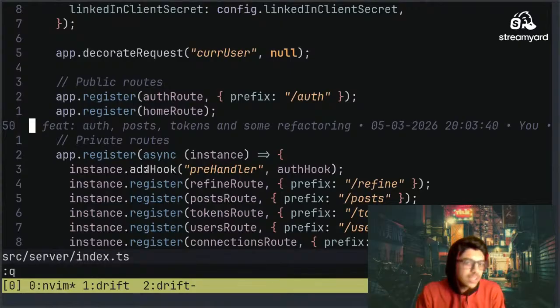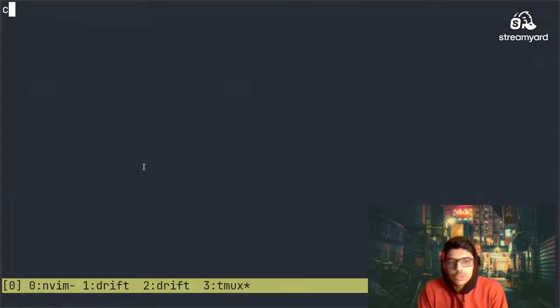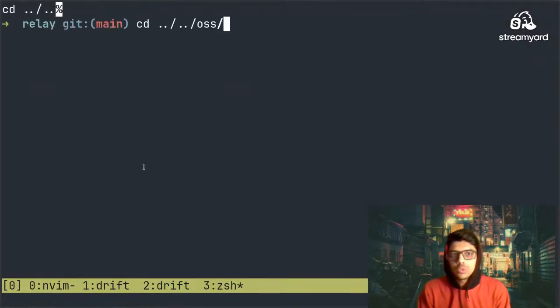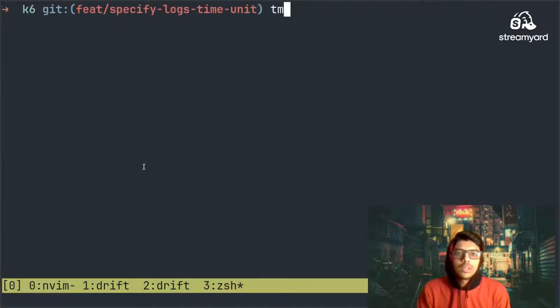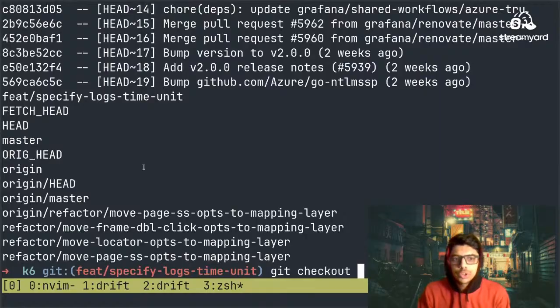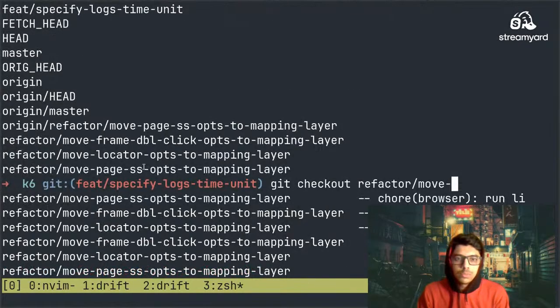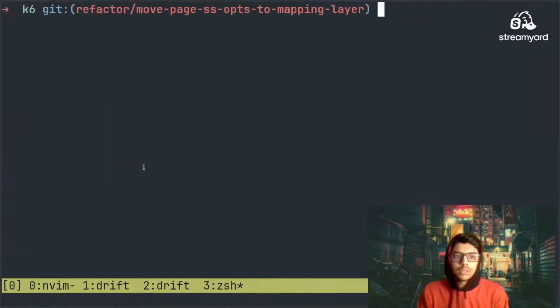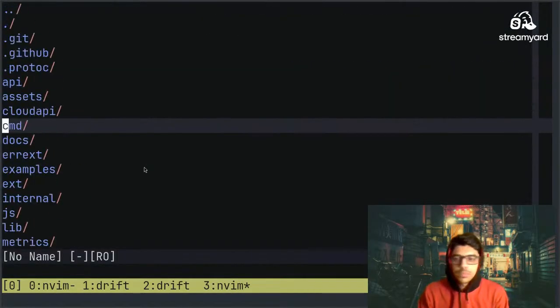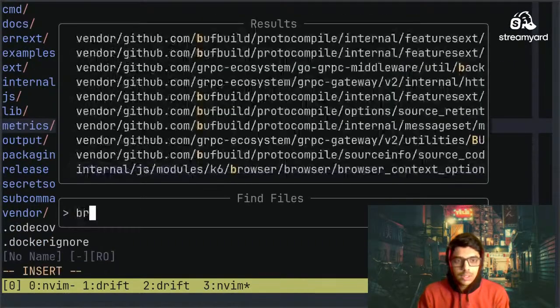So let's open a new one. Process K6. That is not the PR I made. That is my branch. It was refactor / something. Move page. This is the mapping layer. So let me just spin this up. Very nice, by the way. There is